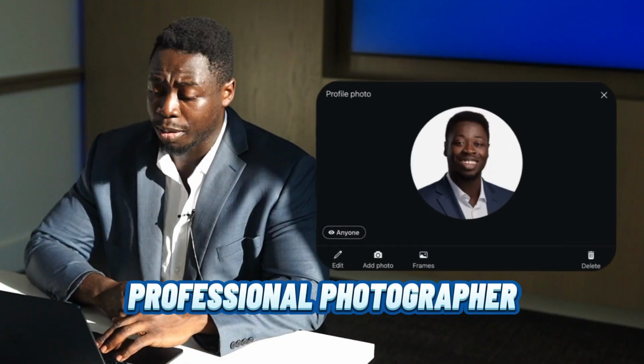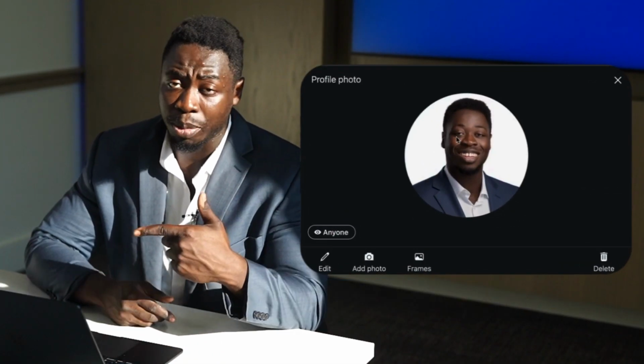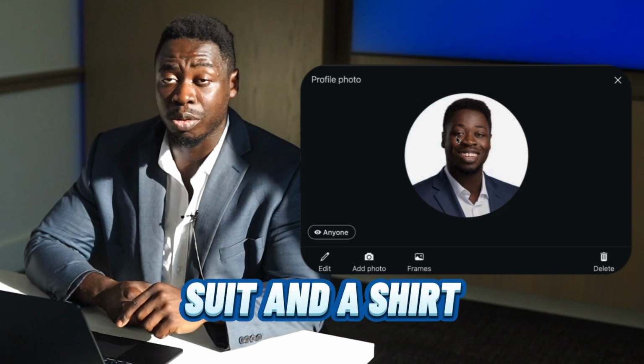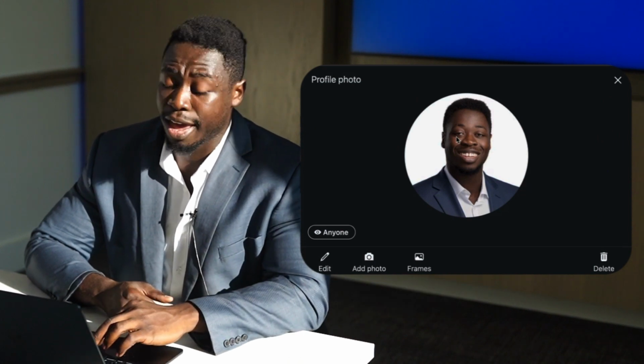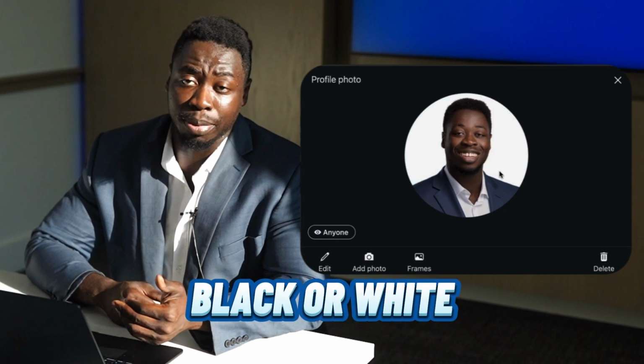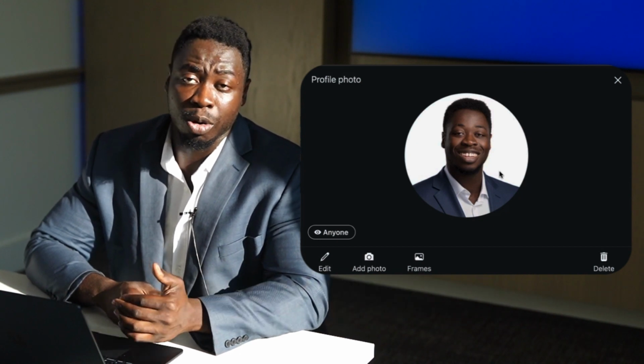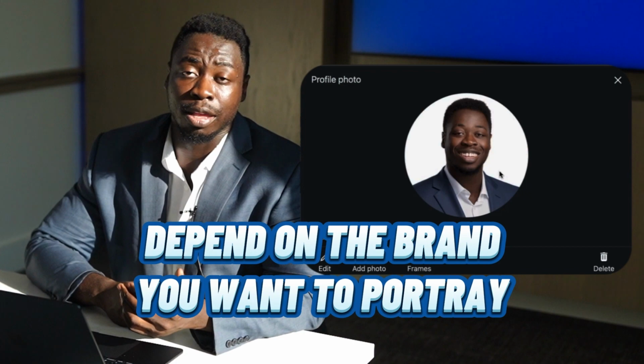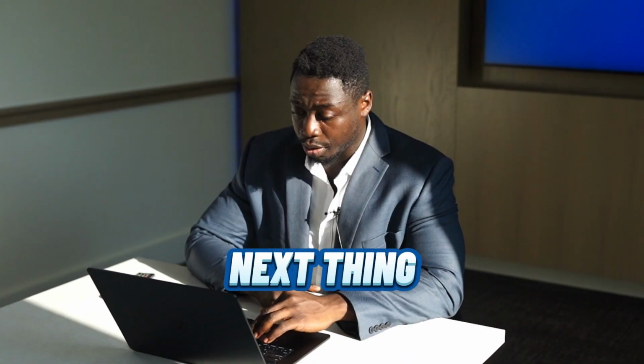And I recommend hiring a professional photographer to get you a picture with you in at least a suit and a shirt. Suit and tie is even better, but at least a suit and a shirt with a clear background. It could either be black or white, depending on the brand that you want to portray. The next thing you want to do is, when it comes to this part, the main